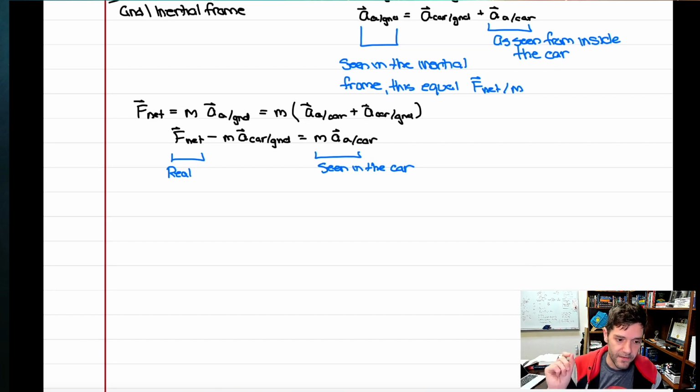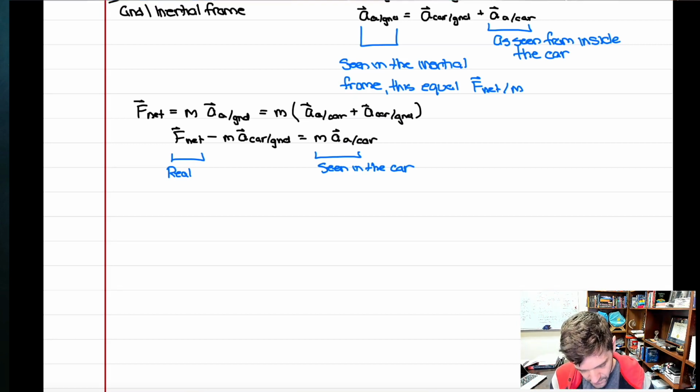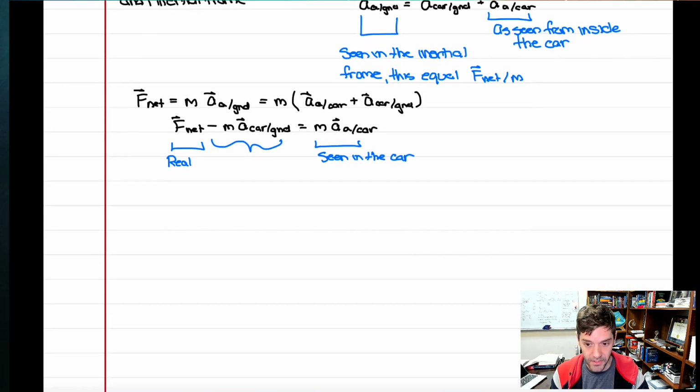Notice that Newton's second law, the way I've written it down, is perfectly valid, because I've written it in the inertial frame of the ground. But I might be interested in knowing, if I'm stuck in the car, what does it appear like to me? What accelerations do I in the car see? Well, that's the right-hand side of this expression. Notice I can do that. I can solve for the a of the object relative to the car by introducing this additional term